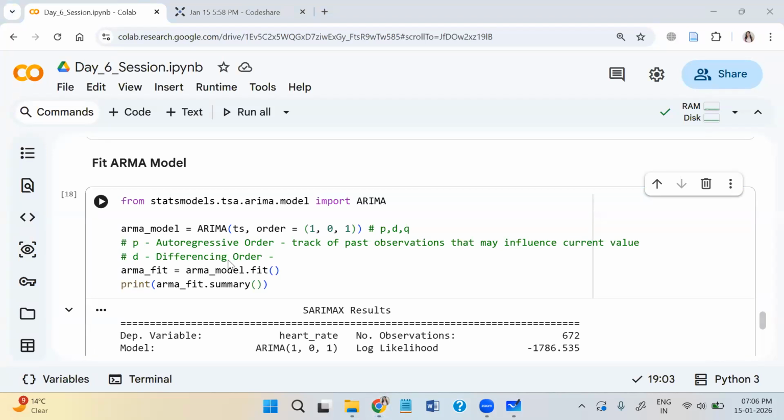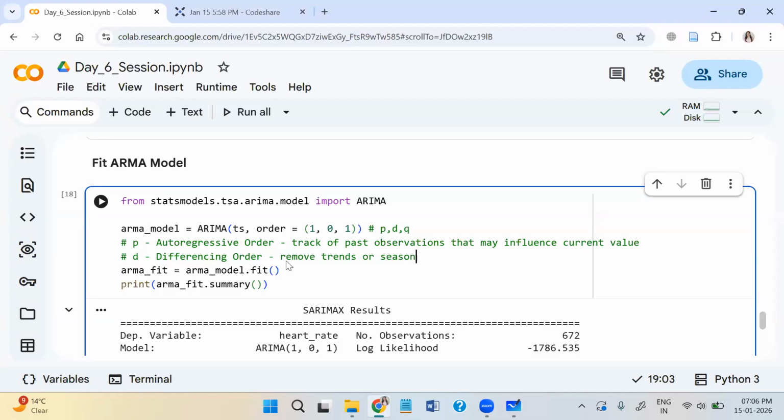And that we apply with the help of this differencing order. So what it will do is it will try to remove trends or seasonality. Technically we call it seasonality also, like if some specific pattern is there that makes the data non-stationary. So we just need to remove that to achieve stationarity in your